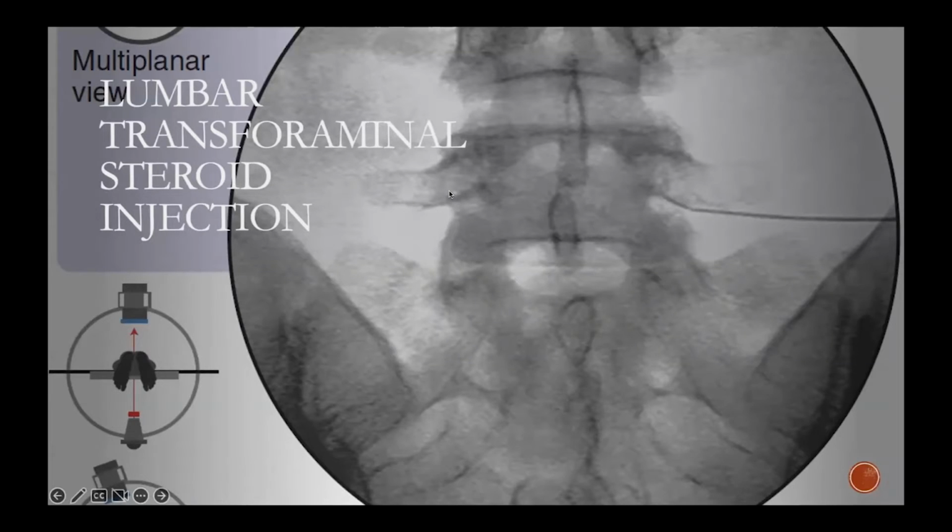One variation on this is called the transforaminal epidural steroid injection. Just to orient you for this picture, these are the vertebrae, the bones of the back. The lighter white or light gray colored areas are the spaces in between the bones. And then here, what you're not seeing, these are what we call the transverse processes, the side parts of the vertebrae, and tucked underneath is the nerve.